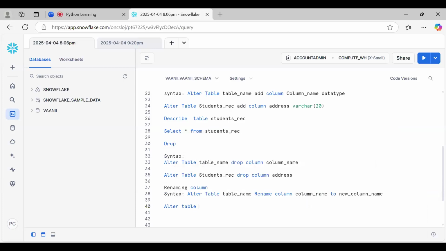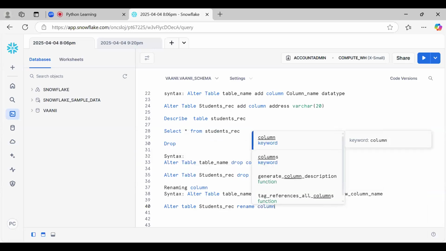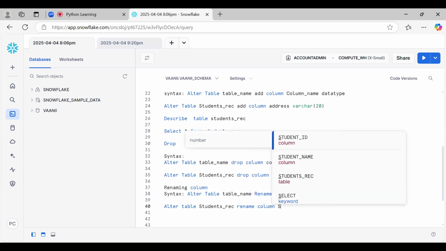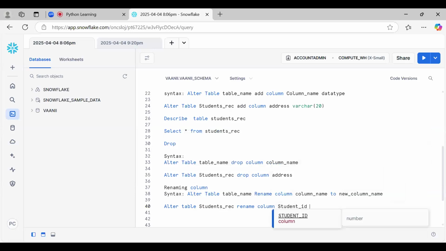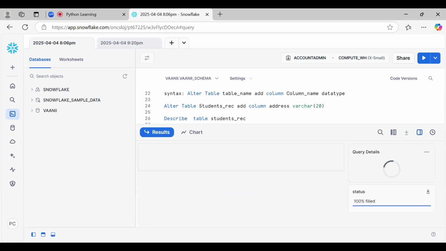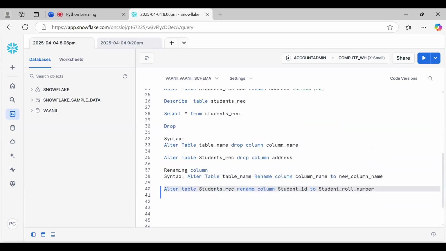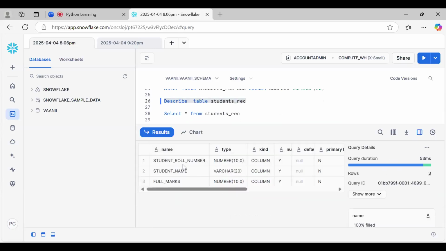Table name. So if you check again, okay, now see student ID has been changed to student roll number.